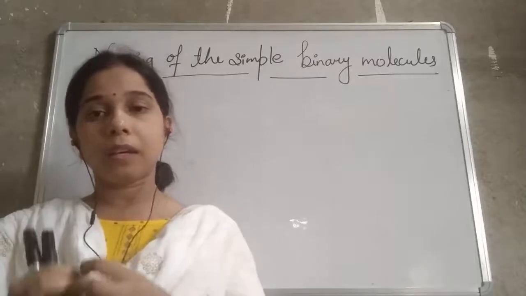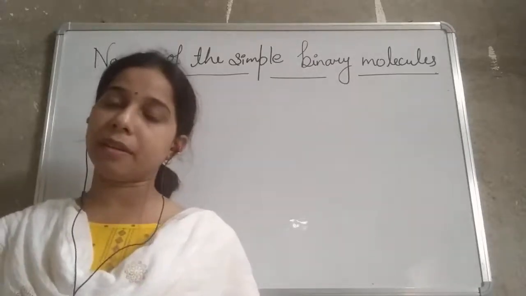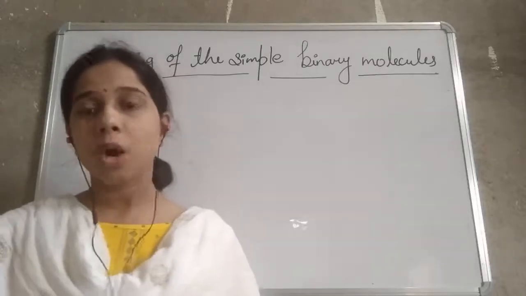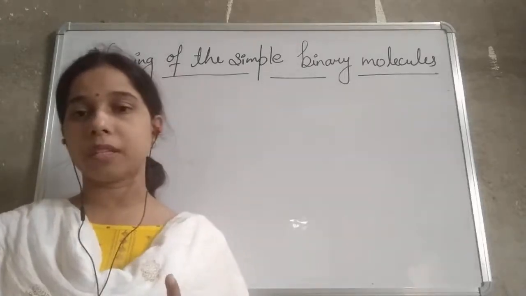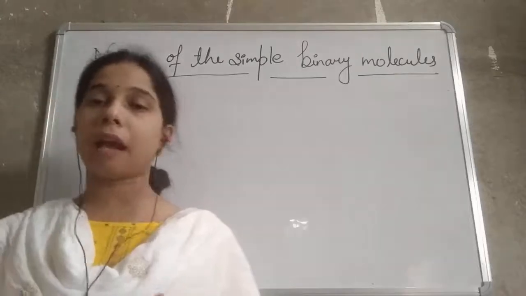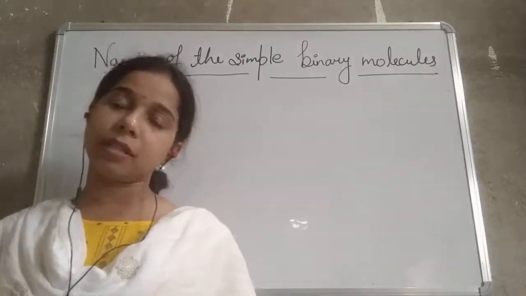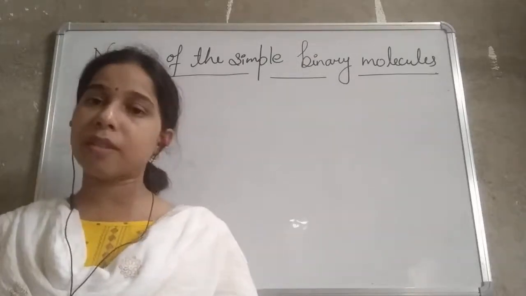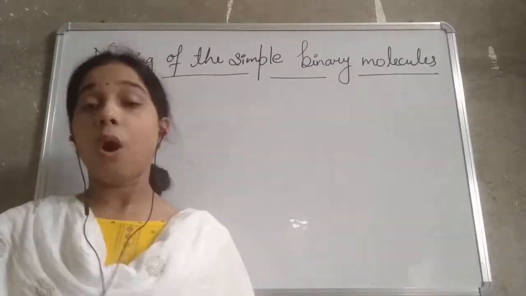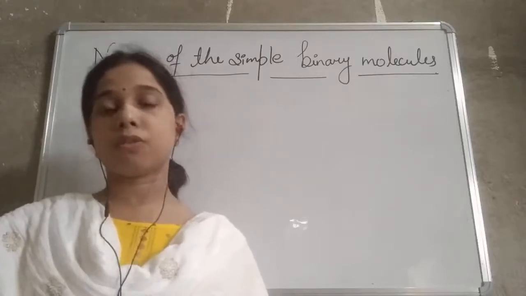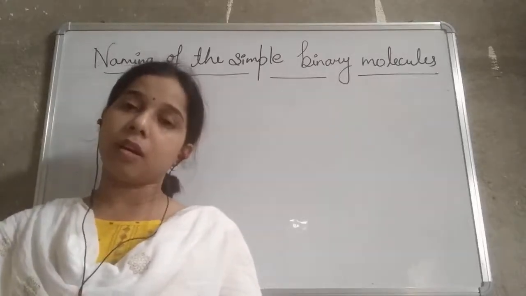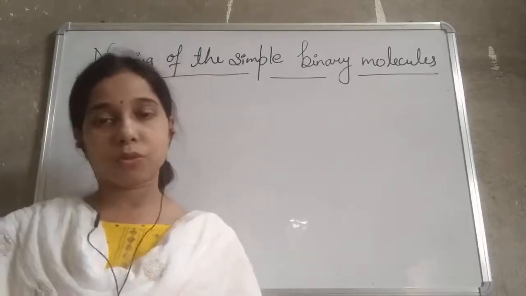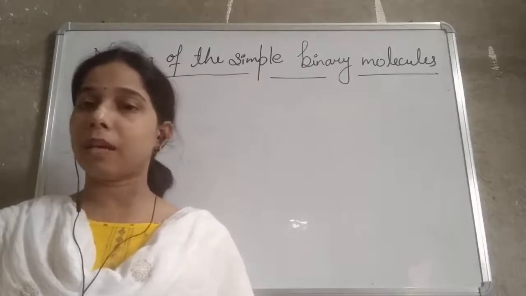When we do the configuration of the element and divide the electrons into different shells, we have seen that in the first shell only 2 electrons will be accommodated, in the second it will be 8, and after that 8 will be accommodated in the different shells. So how many electrons are needed to complete its octet, or how many should be lost from that particular shell, so that it becomes 0 and thus stable.